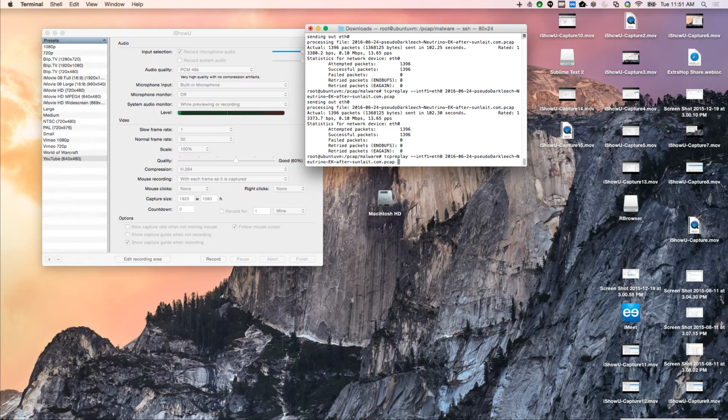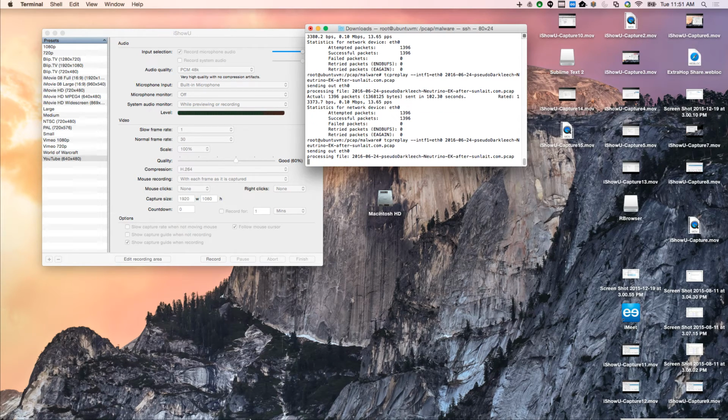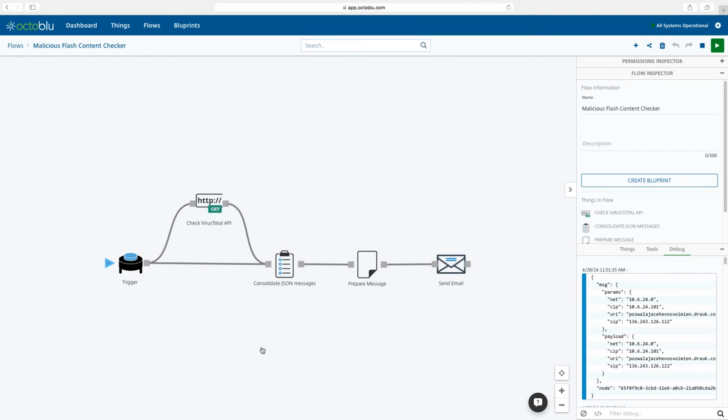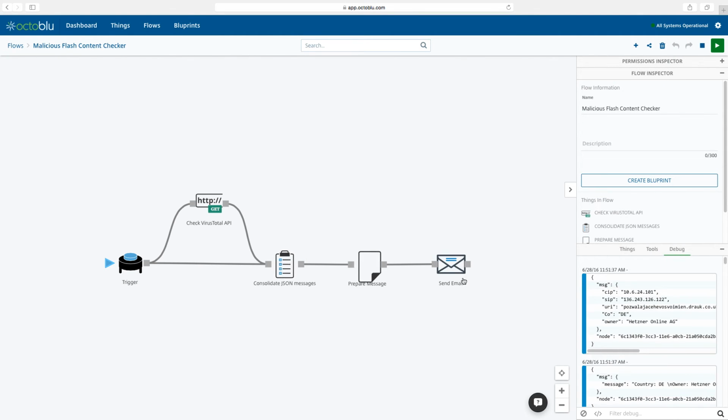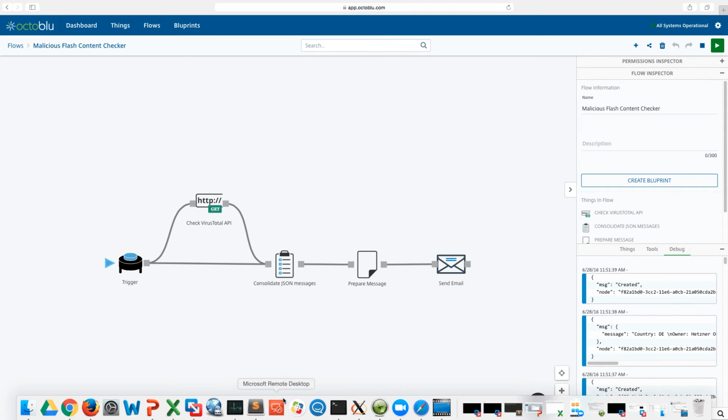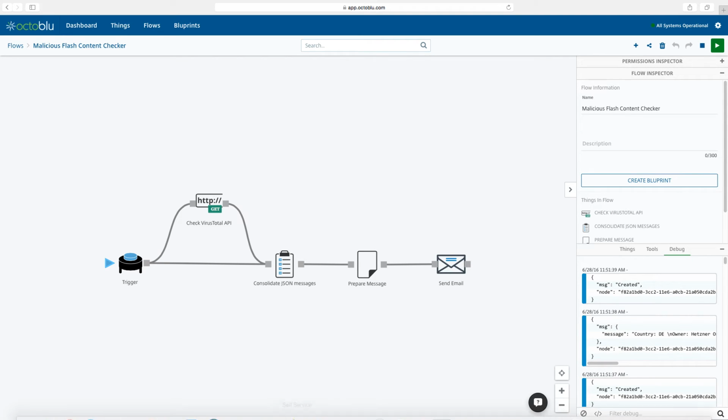Now this is not real data, it's just a PCAP file, and then I've built some triggers to observe that data. So I'm going to go ahead and execute this. And let's go to our OctoBlu workflow, and let's see if this moves. There you see the trigger kicked off, and there you see the JSON files coming through. And now what I should have